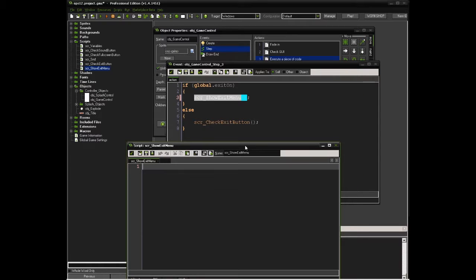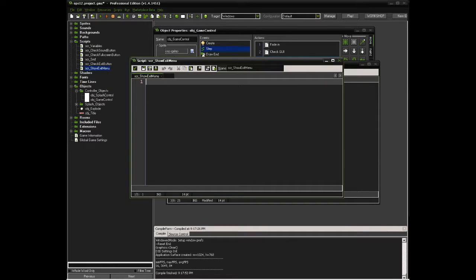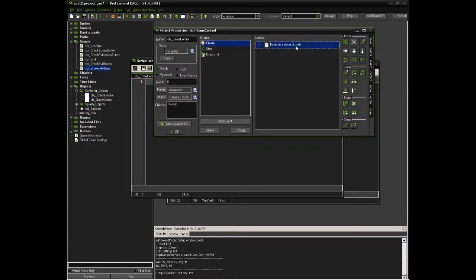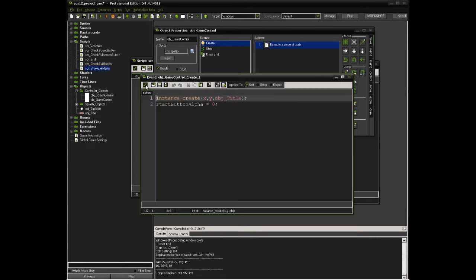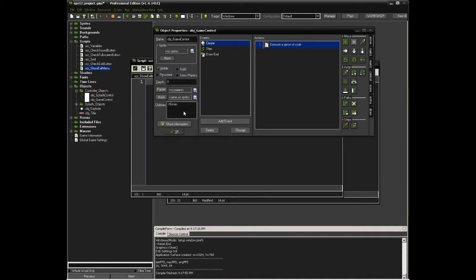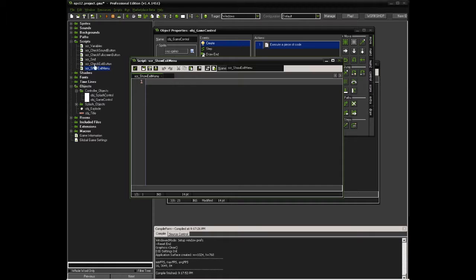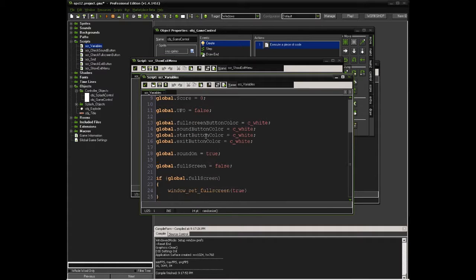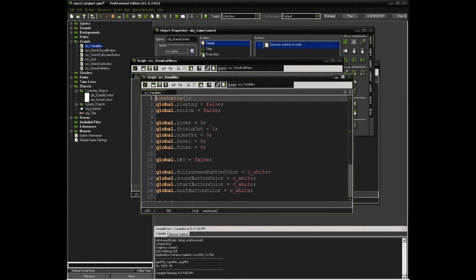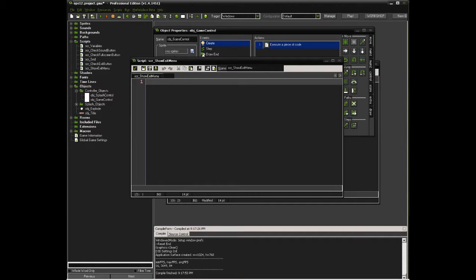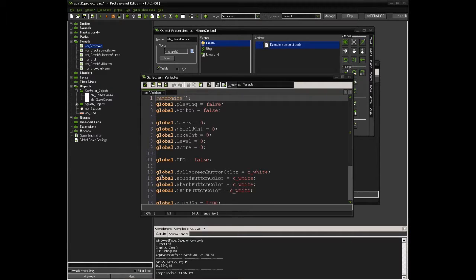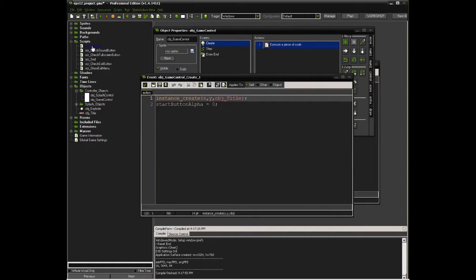Now, is that the only menu we got going on here? Yeah. Okay. Let's see. Haven't worked on stuff in a while. Okay, game control. Let's look at the variables. They aren't there. Okay, so in the variables,